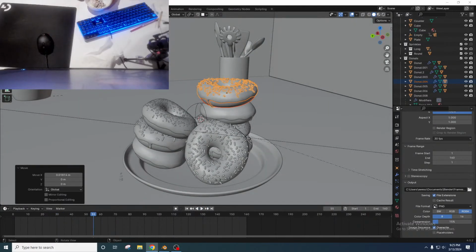So first thing I notice is that looking at this is good. It's putting a lot of the attention on the donuts, which is great. But everything here in the background is so dark, it's almost hard to see. And it feels a little bit too moody, right? It's almost like a Rembrandt painting or something like that. I want it to feel a little lighter, a little bit more friendly. So on the roof here, on the ceiling of my kitchen, I'm going to shift